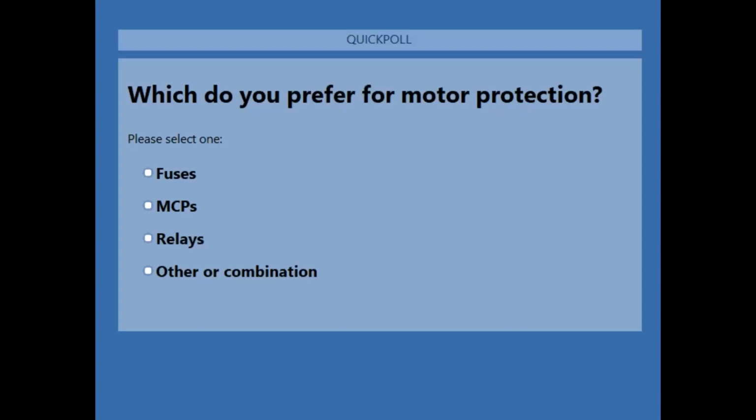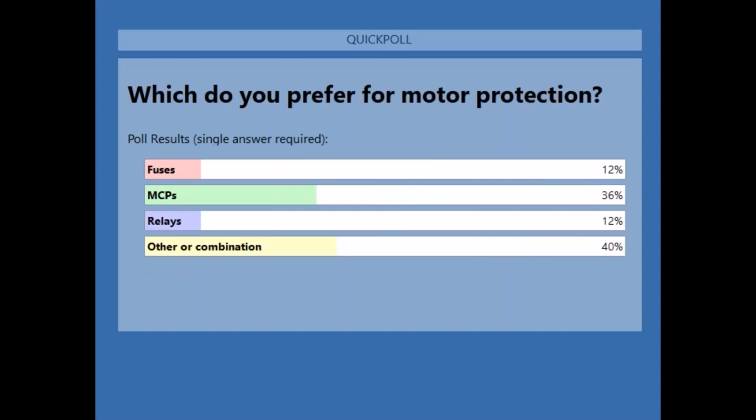All right, thank you. Here's how folks have weighed in. Interesting. Very much what I've seen in the past. Good, excellent. And then finally,